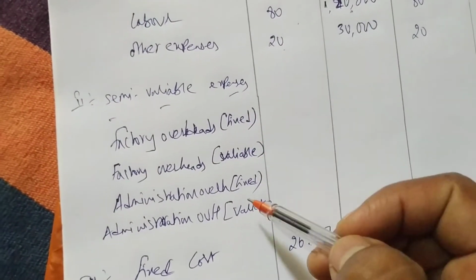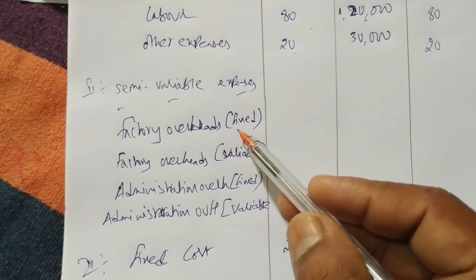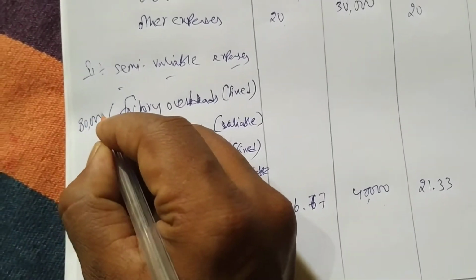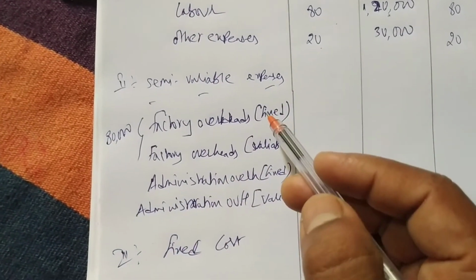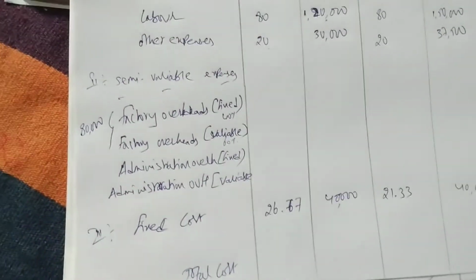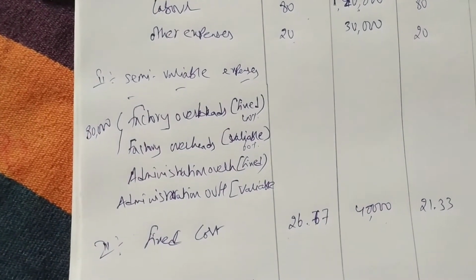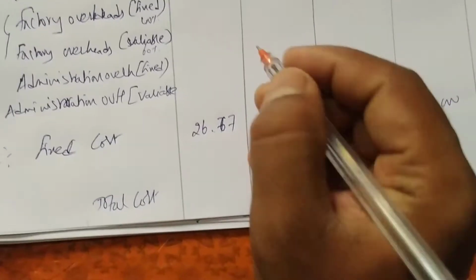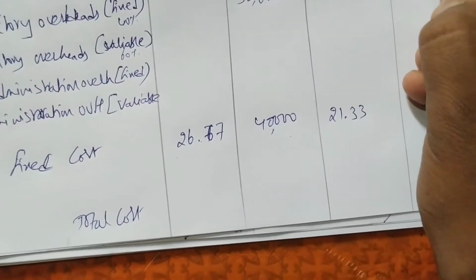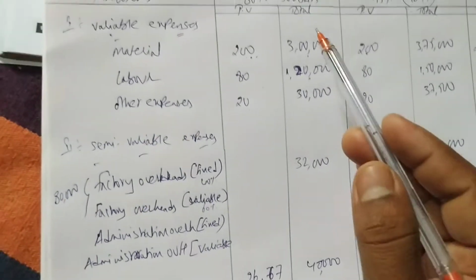Next we have to find out variable now. This is important now. So what is saying variable? Total is 80,000. From 80,000, fixed is how much? 40% is saying. So remaining 60% will be variable. So we'll do first find out the fixed. 80,000 into 40%. We are getting 32,000. So this 32,000 is fixed. So we can write in all the columns 32,000, 32,000 and 32,000. We know fixed cost in total will remain same.